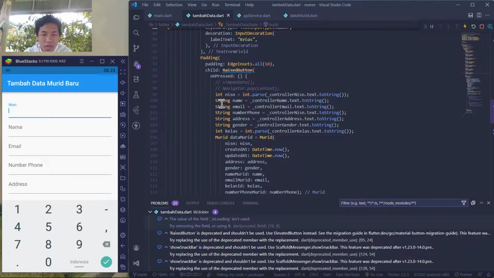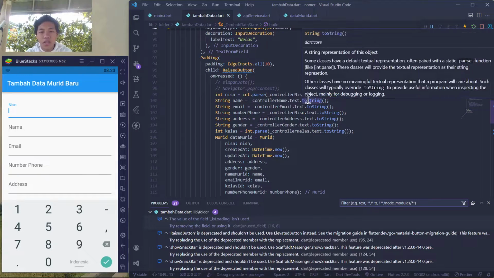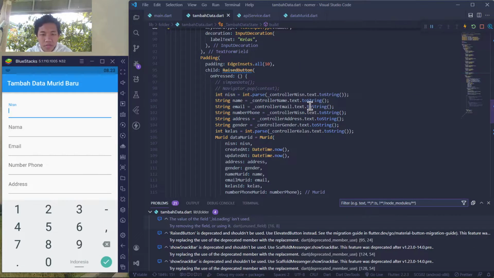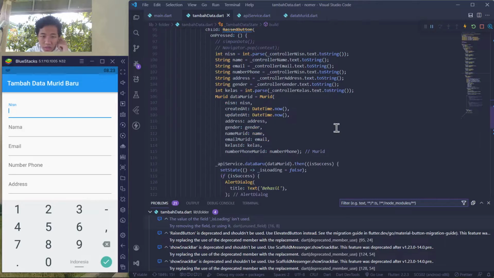So like this string, but the integer must be parsed to string first. Integer parse control NISN to text and to string. So like the other string name, control name, text to string. So this is the alias name, email, number phone, integer parse control text to string, and then